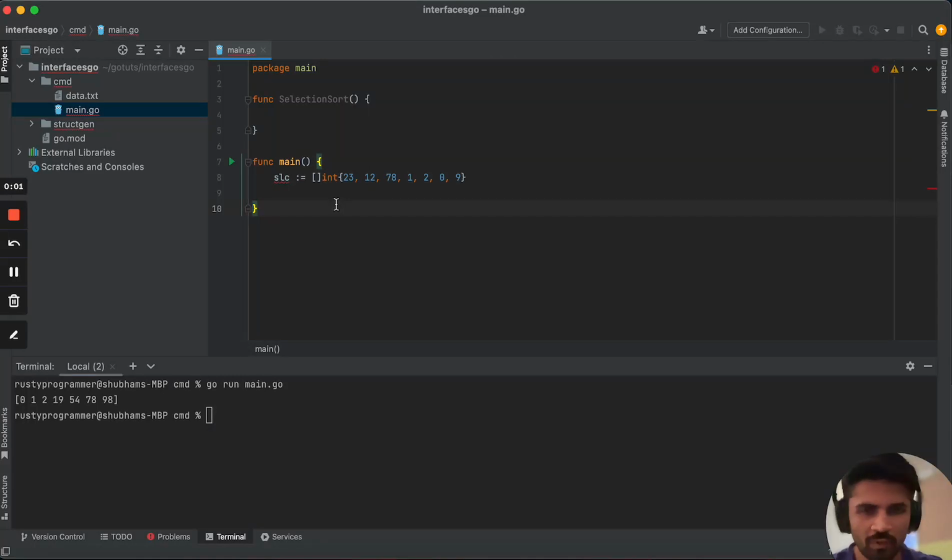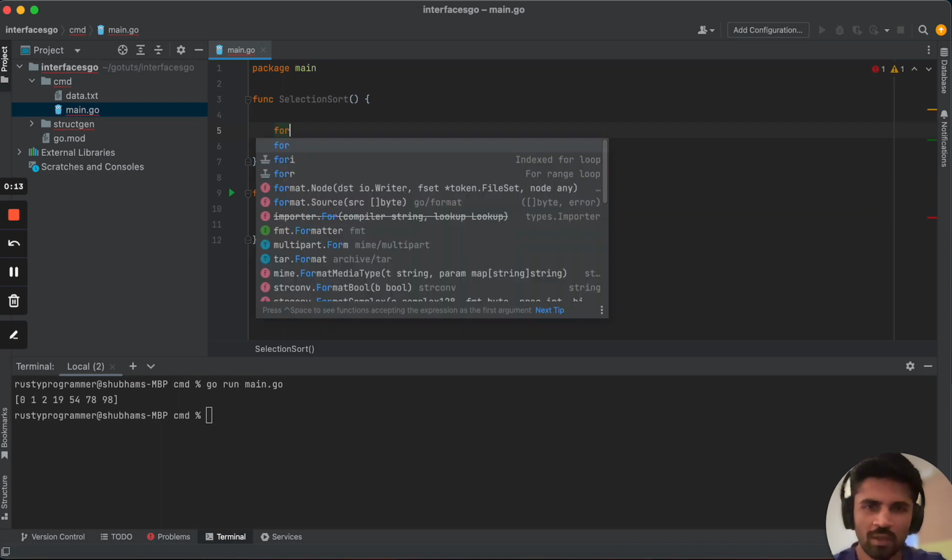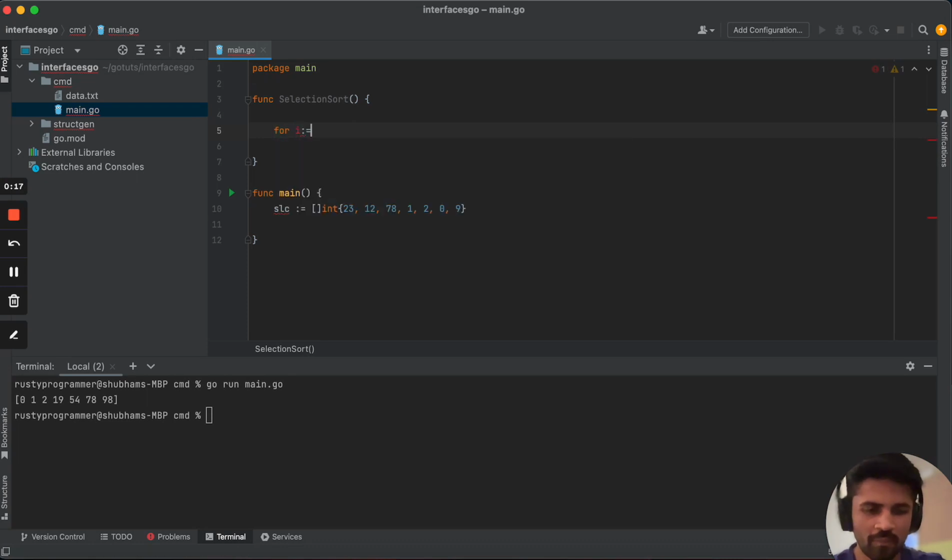Hi guys, in this video we're going to be looking into how we can implement selection sort using Goroutines, channels and a select statement. So firstly, we're going to be seeing how selection sort actually works. So I've created a selection sort function here, and here I'm going to be running a loop from